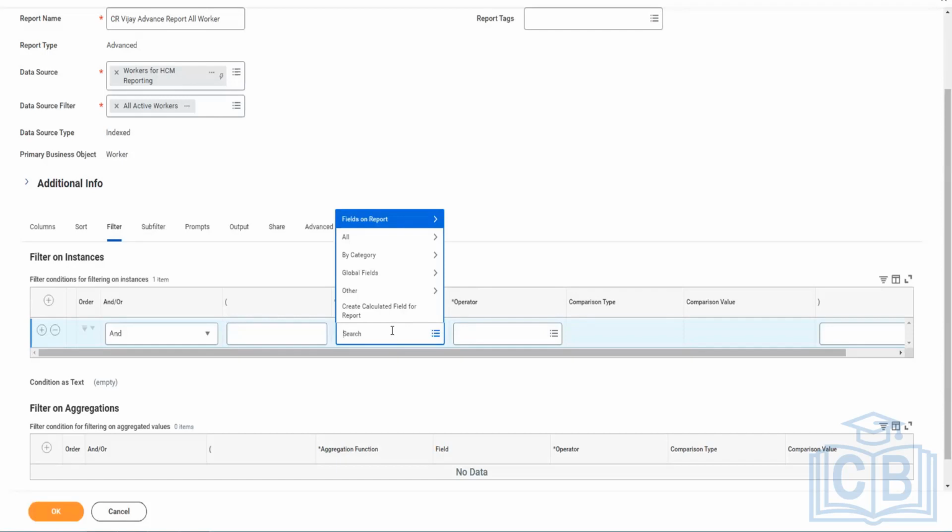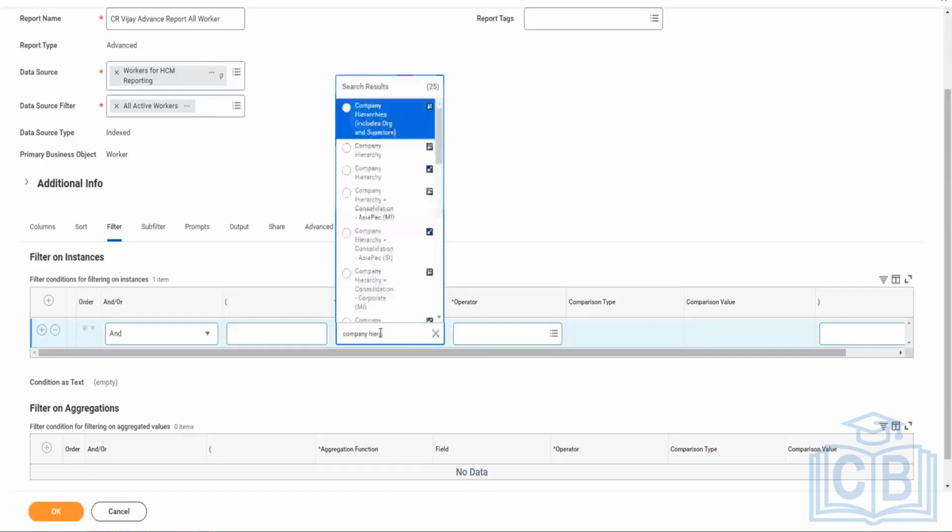So you can just type any values. Let's say I'm typing a filter. I want to say that any employees belonging to a particular company or a particular cost center should only be part of my output. So let's say I'm putting a condition on company hierarchy. This company hierarchy is not part of my output anywhere, but I still want to put it as a filter. So if I go here,